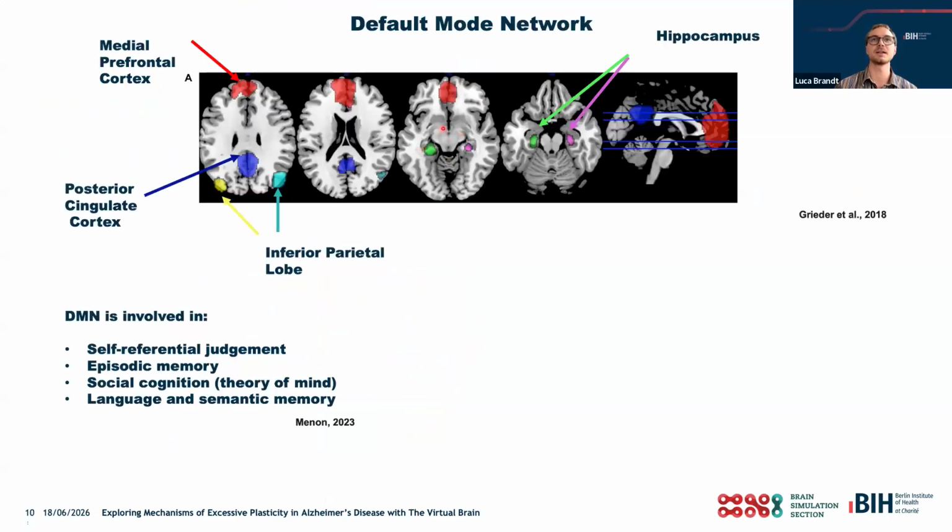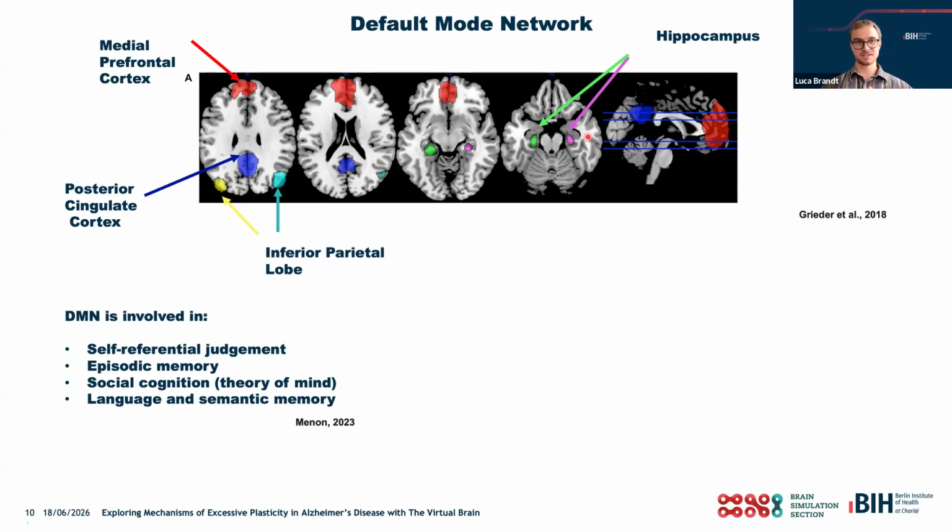And one important network we will also look into is the default mode network. It consists of different regions: the medial prefrontal cortex, posterior cingulate, inferior parietal lobe, and the hippocampus. And it was found in patients lying in the scanner at rest. So in the fMRI, they were told, usually between experimental paradigms, to just fixate on a cross. But as you might know yourself, it's really difficult to just not think about anything. So in people at rest, the default mode network is involved in many different